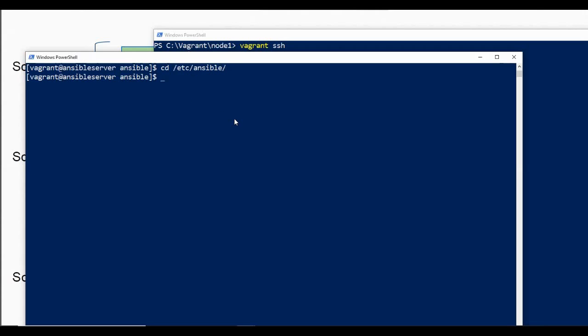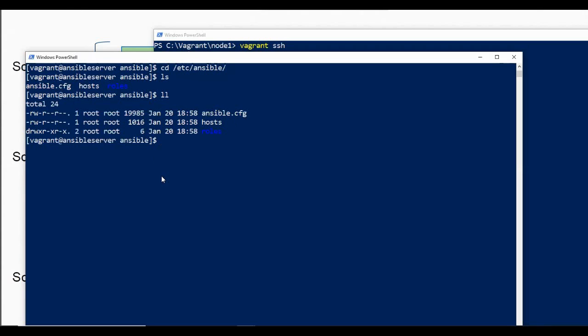This is a default folder that gets created automatically every time you install Ansible in a particular way. Inside this, I have an ansible.cfg file, then I have a hosts file, and then I have a roles folder. Now hosts and ansible.cfg are the mandatory files that you will always need.